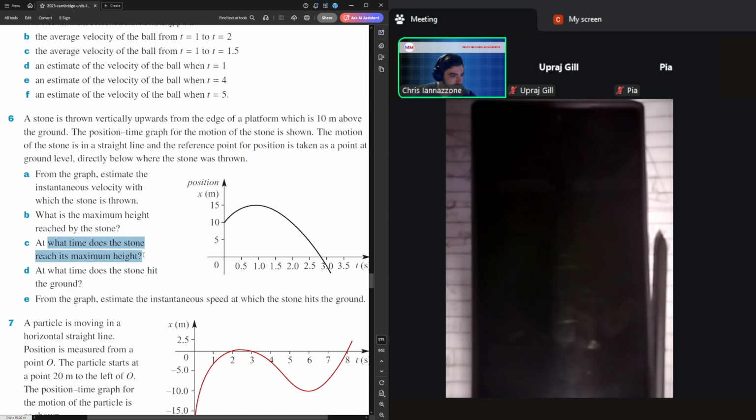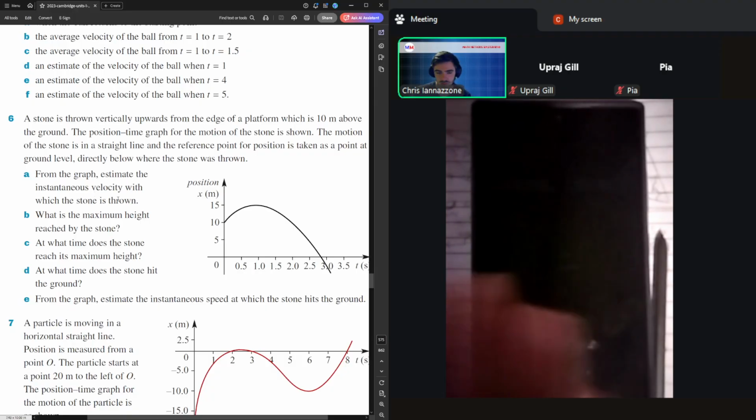At what time does the stone reach maximum height? We talked about that already. At what time does the stone hit the ground? That one, you'd have to sort of estimate it, but it's there. And then from the graph, again, okay, so we've done instantaneous. Instantaneous speed versus instantaneous velocity. So we'll just briefly talk about what you have to change. The overall approach is the same, with the exception of one thing, which is